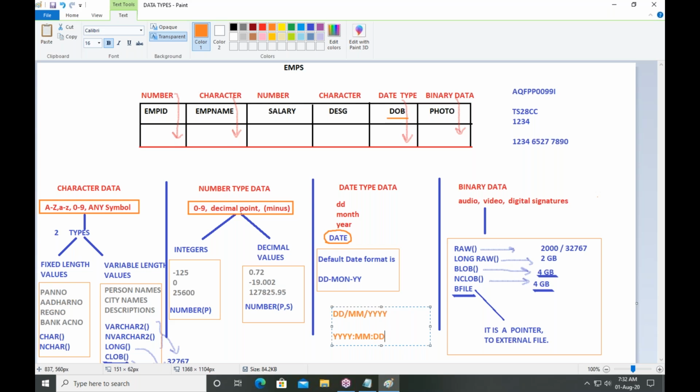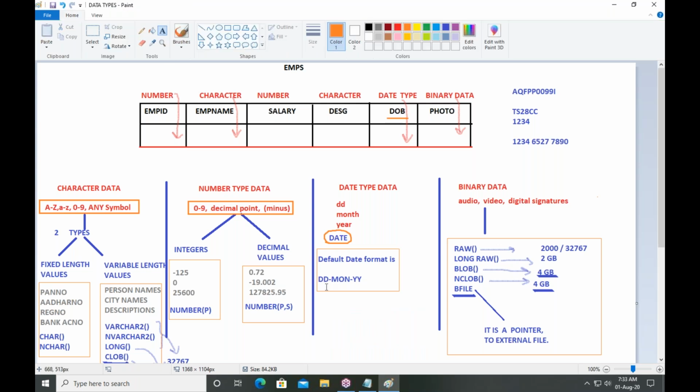Different countries will follow different date formats. So commonly, Oracle is providing a default date format, that is this.